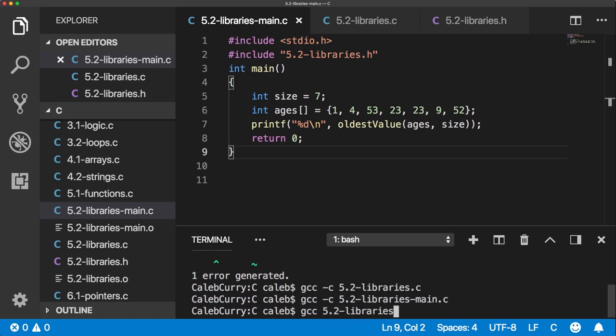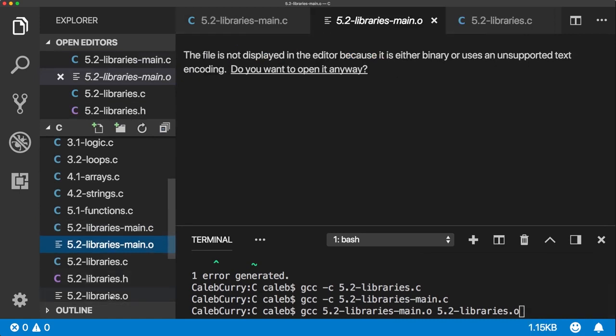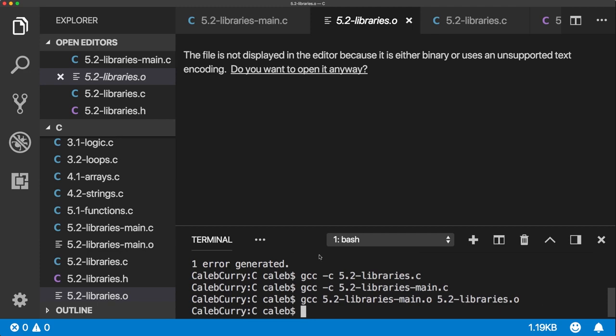So we do 5.2 libraries-main.o and 5.2 libraries.o. That'll take this file and this file and compile those. We didn't get any errors, so when we run a.out,